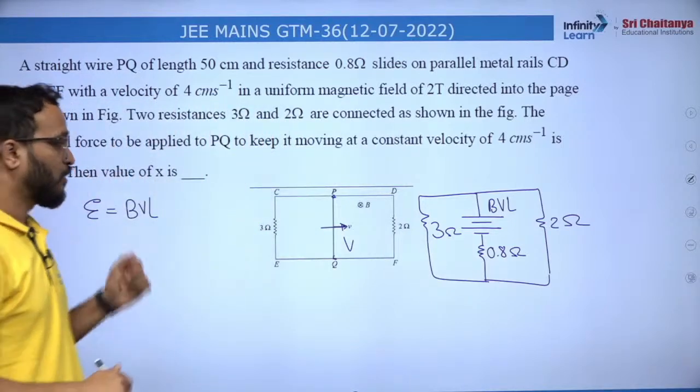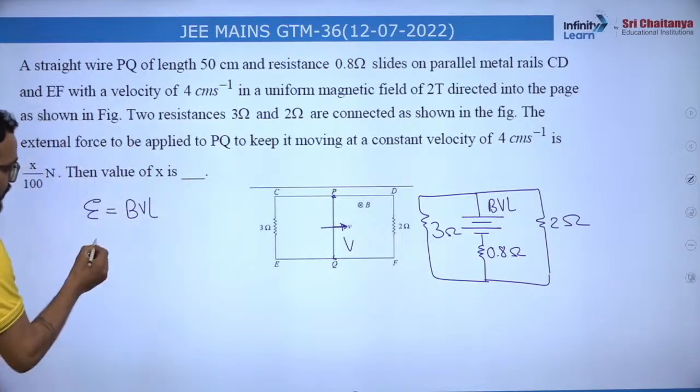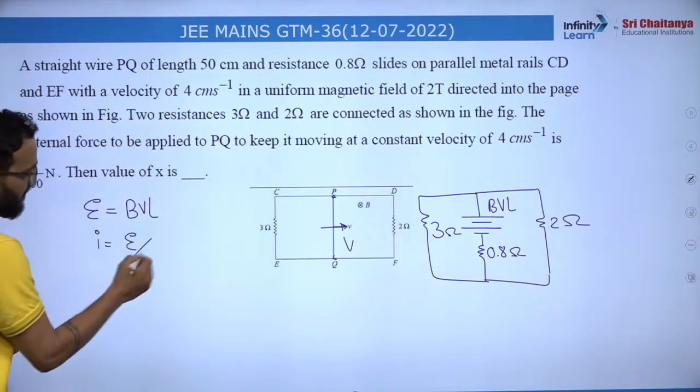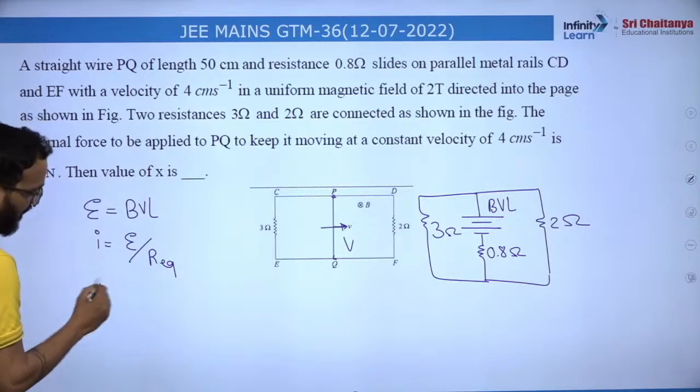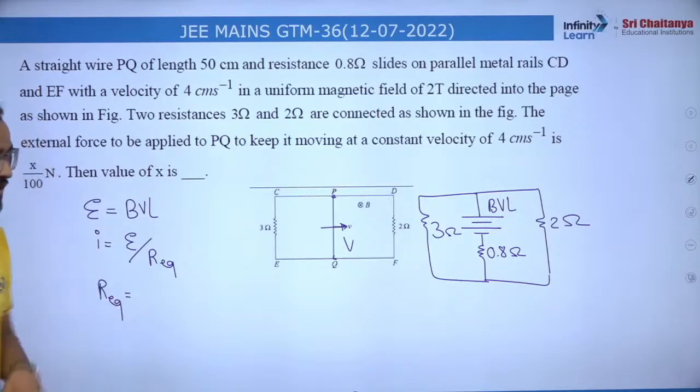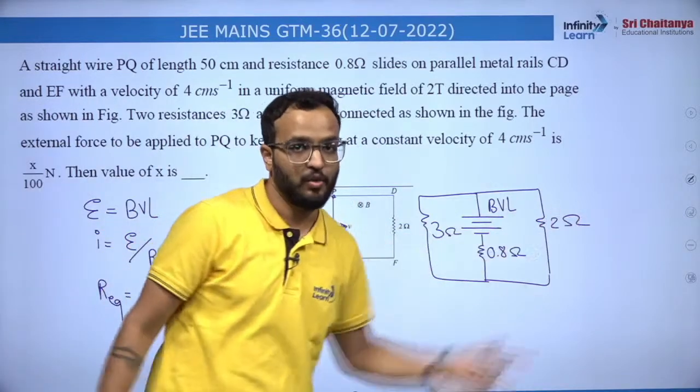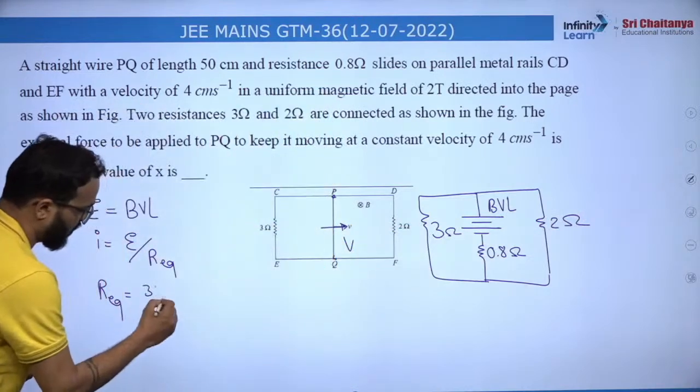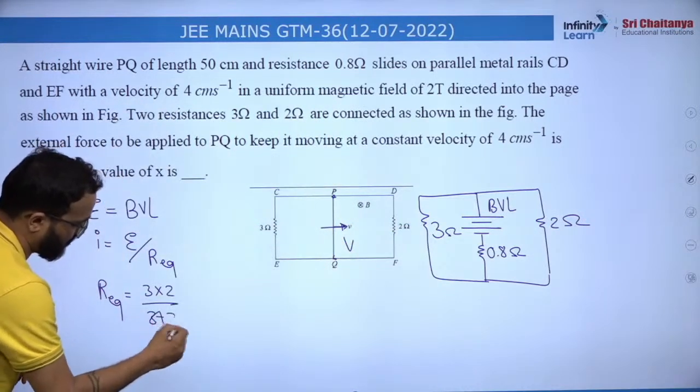Got it? So first of all, let's find out what is the current. Current will be EMF upon R equivalent. Can you tell me what will be R equivalent? You will say, sir, these two are in parallel. 3 and 2 in parallel will be 3 into 2 upon 3 plus 2